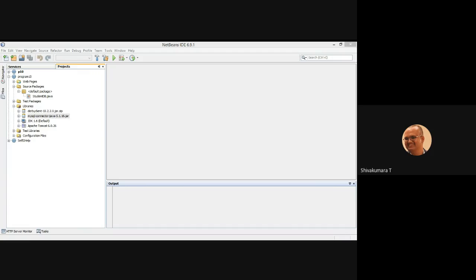Among these three subcategories, we are going to discuss how to build a stateless session bean Java code to handle the client request for enterprise-wide applications.